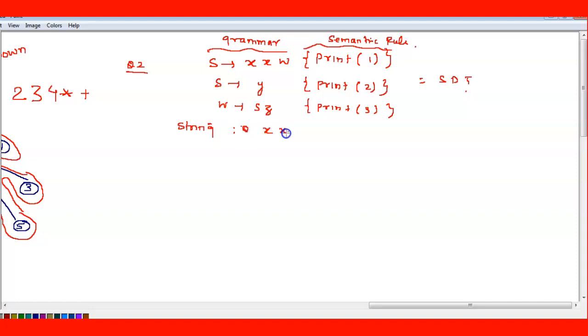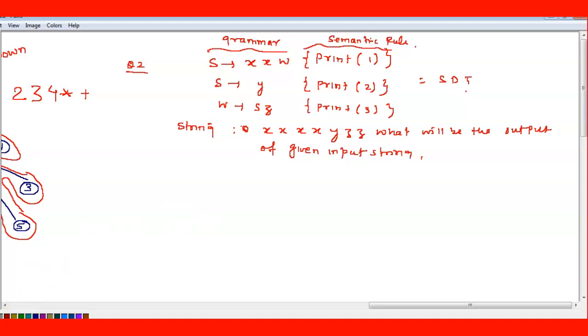Now the question is given for the string X, X, X, X, Y, Z, Z. What will be the output for the given input string? Any doubt till here? This is the question only.